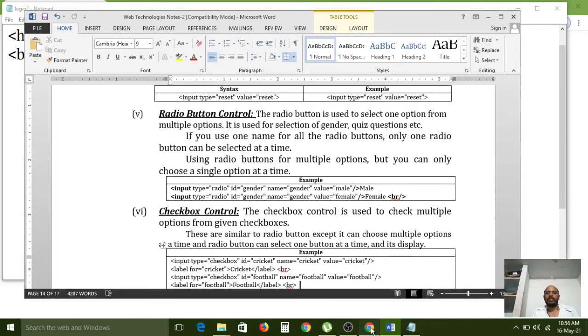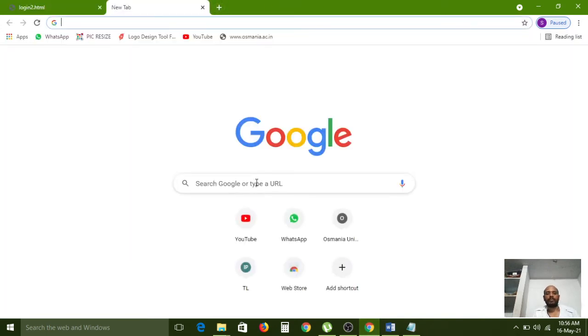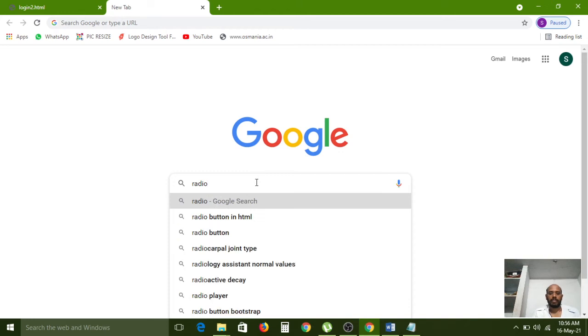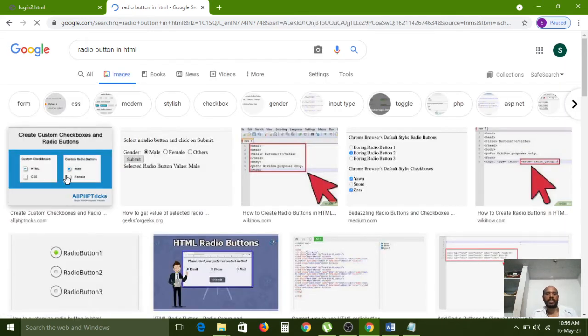Actually, what are radio buttons? Now I am opening this one. Radio buttons in HTML. We have to see images, then only you can simply understand. All of you carefully observe. Circle buttons are there now. So these are called radio buttons. With radio buttons we can choose only one option, like male or female.